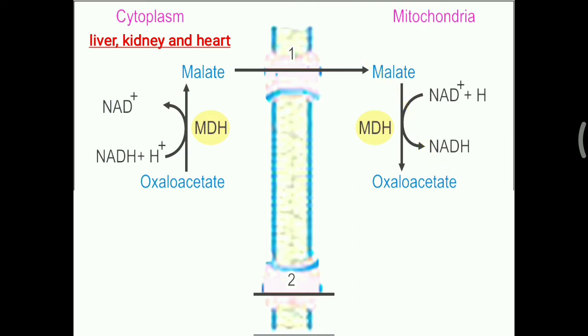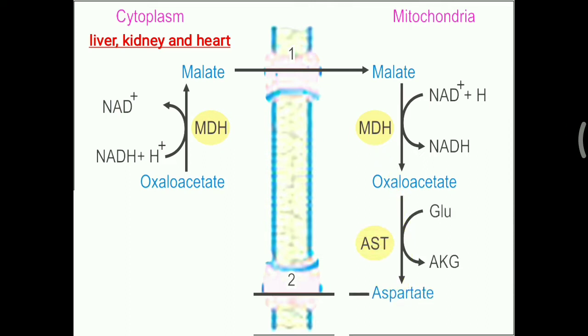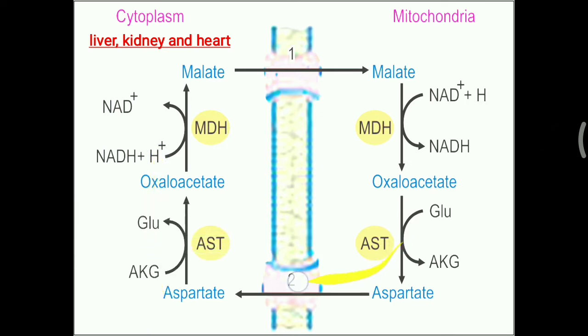So that is about the malate. Now this reaction is connected with aspartate, because oxaloacetate is further converted into aspartate with the help of the enzyme AST, another name for which is SGOT. This aspartate can also cross the mitochondrial membrane and go back into the cytoplasm. There the aspartate is converted again into oxaloacetate by the same enzyme, AST. You have to remember this process occurs in the liver, kidney and heart, where the NADH of the cytoplasm can go back into the mitochondria.